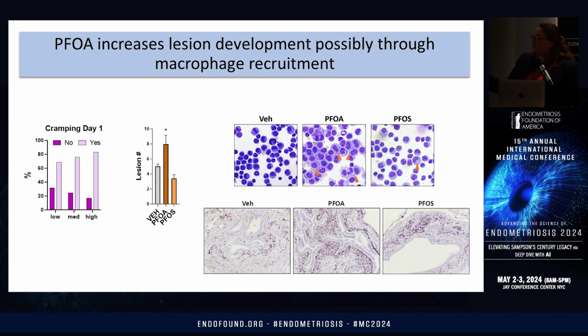And that's exactly what we find, is we see a high number of lesions that are formed in these animals. And interestingly, what we're seeing mimics the human data when asked and to look at PFOS. There's no change in the yes-no cramping in PFOS, and we see really no differences in the lesion number that